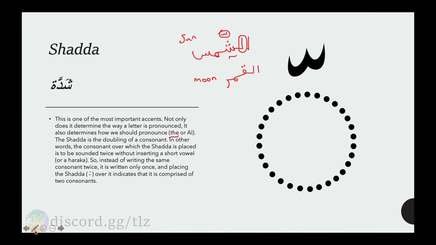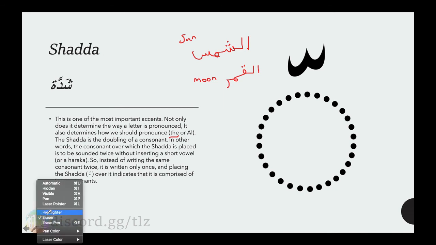And yeah, so for example, if I didn't write the shadda, right? And so there's no shadda here, so that just means that it will be al-shams, which is the incorrect way to pronounce it, right? And so for example, let me say this, I added a shadda here incorrectly. That would mean that I would pronounce this word incorrectly, because like I said, shadda means that you don't pronounce the lam. So this would not be al-qamar, this would be al-qamar, which is incorrect, right? And also it's very hard to pronounce,